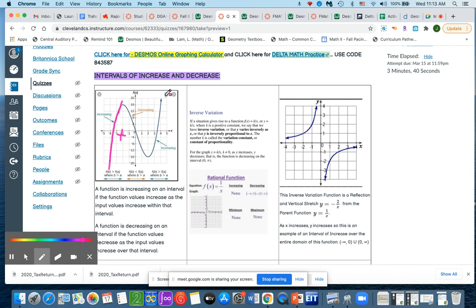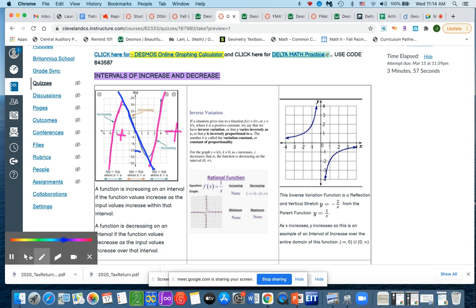As well as this piece over here of this graph, we call that increasing because it also looks like it has a positive slope. And then this piece of the same graph is decreasing because it looks like it has